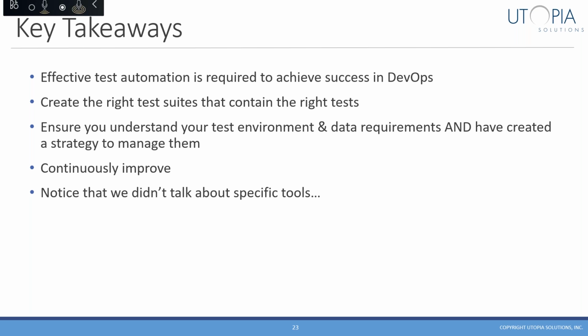And finally, and maybe to your surprise, we didn't really talk about specific tools. And I think that's, from my perspective anyway, because tools are enablers of your test automation approach. They are not the solution, right? So many people approach test automation from a tool-first perspective. That's the first decision they make. What tool, what framework am I going to use? But in my experience, it's really step 4 or 5, right? It's all these fundamental things that you need to get in place first, and then find the best tool, the best technology to enable what you're trying to accomplish.